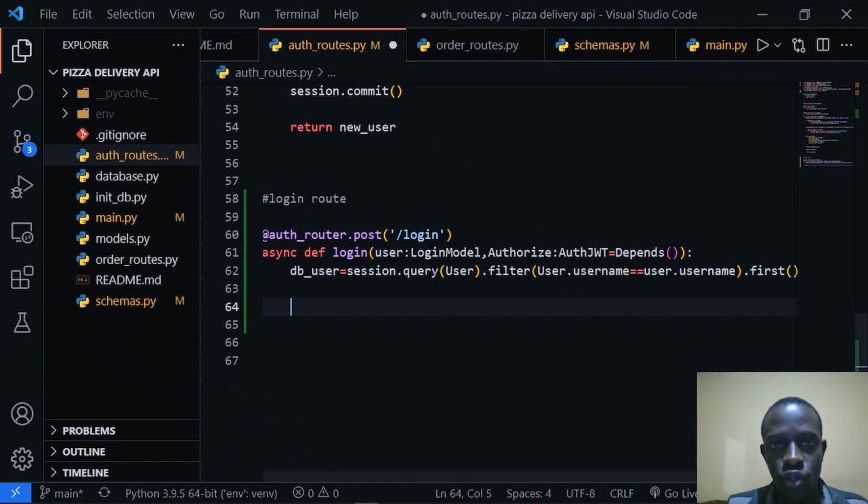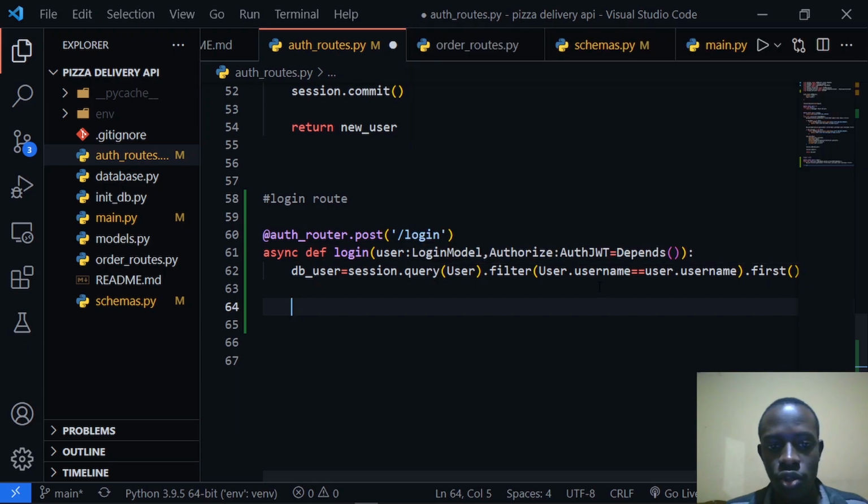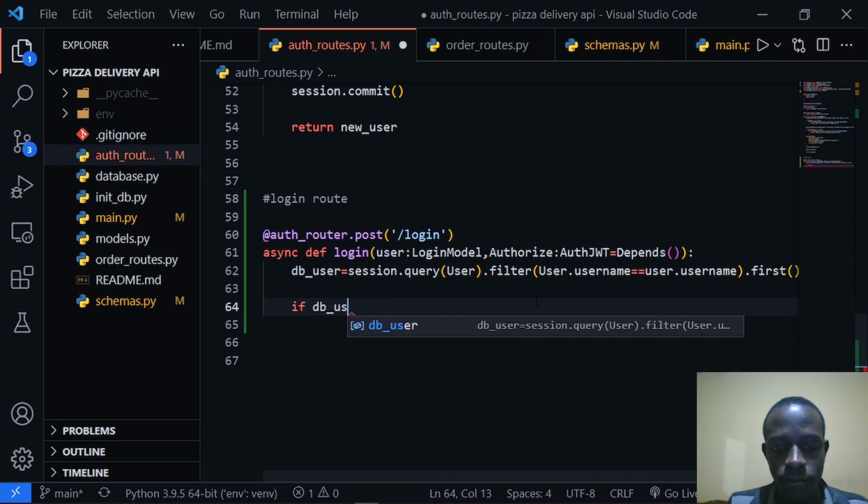So what we shall do is to check if this user exists, then we are going to go ahead and provide a JWT. And if they don't exist, we are going to return an HTTP exception that's basically going to show us that this user does not exist. So to do that, I'm simply going to come right here and I'm going to say db user. So this is going to be a user object. So let's say if db user is none,